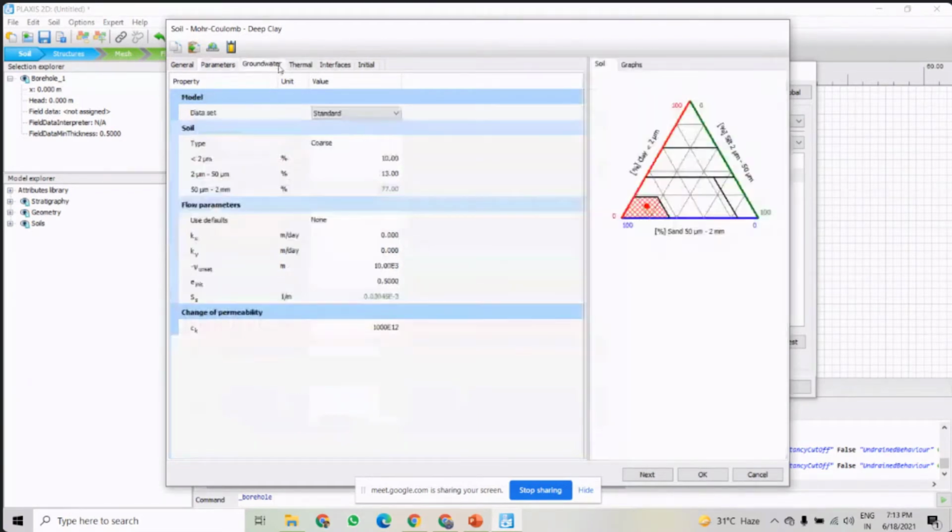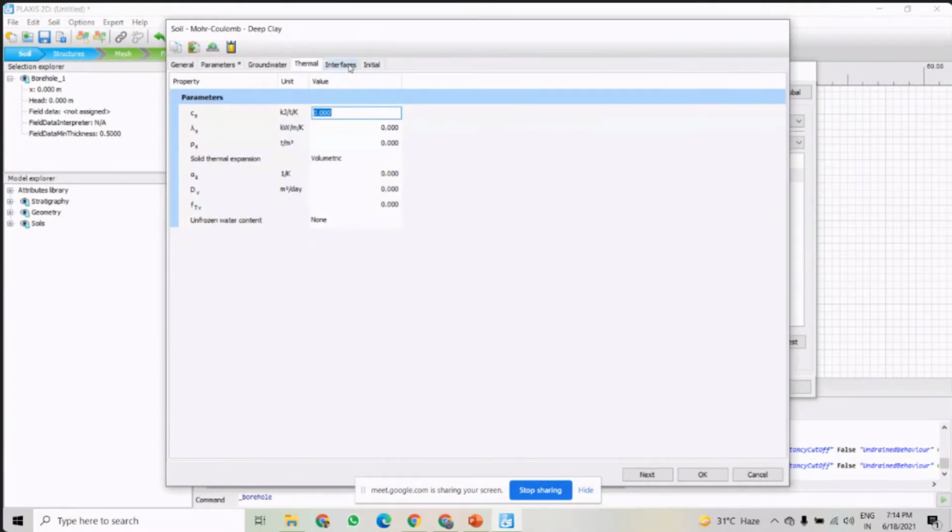Okay, so now we move to groundwater. In groundwater, we have permeability now. So permeability is 1 E power minus 2, 1 E power minus 2. In thermal, no need.